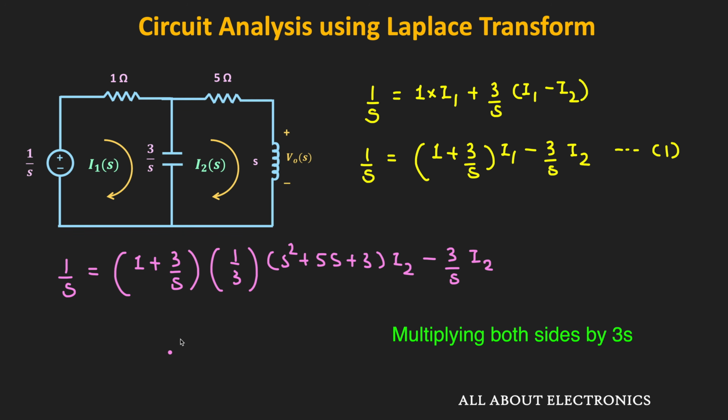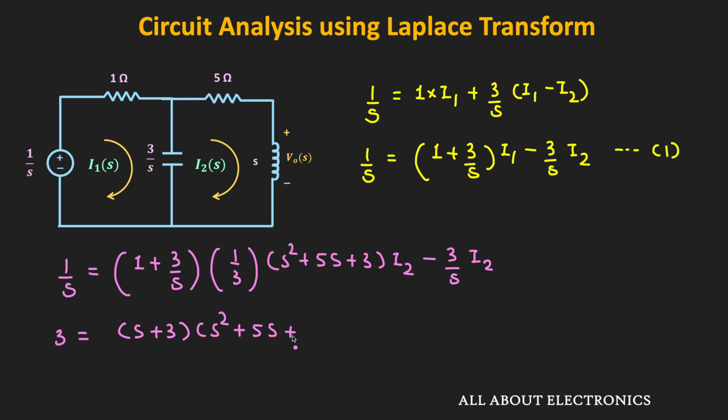So now if we multiply both sides by 3S, then we can write it as 3 is equal to (S plus 3) times (S square plus 5S plus 3) times I2 minus 9 times I2,